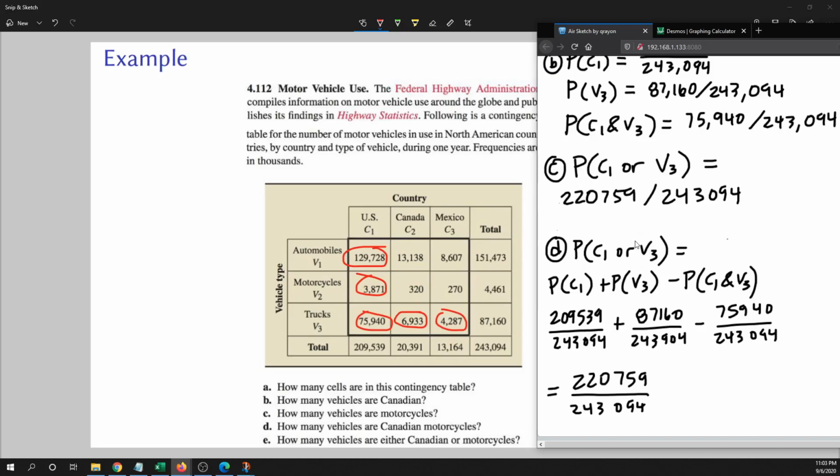thing right here. So you might wonder, does it matter which way I use? And the answer is, in this problem, it absolutely would not matter which manner you used. To me, one of the most basic things is just looking at these tables and figuring out which of these are in my event, circling them and then figuring out what the numbers are. That's pretty straightforward. So if you're comfortable with that, that's fine. If you want to use the generalized addition rule or the other addition rule, you can do that as well. However, there will be some problems where you will not be able to do it this simpler way,